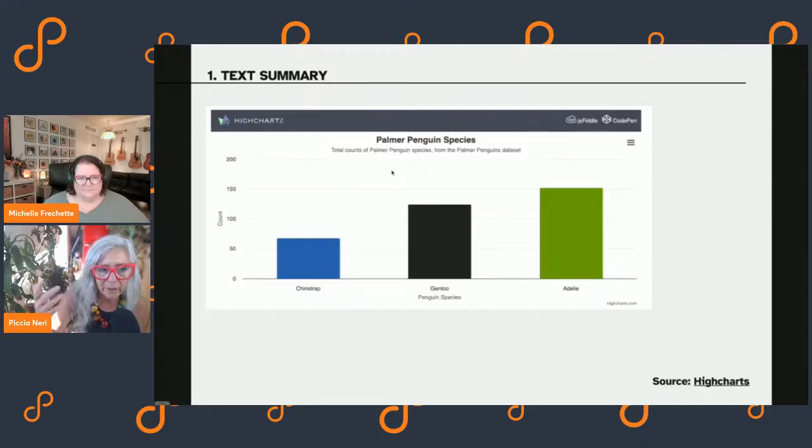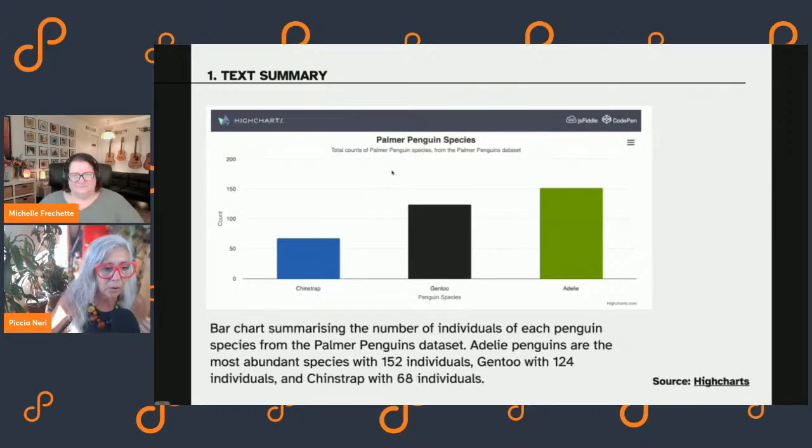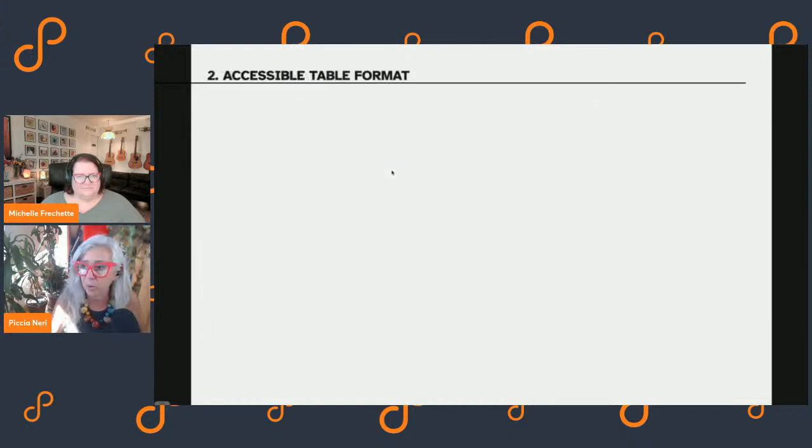It's a very clear bar chart with different heights for the different types of penguin, showing which is the most abundant species, and so on. And it provides a text, which is: Adelie penguins are the most abundant species, followed by Gentoo, and then Chinstrap. So it clearly tells the story.